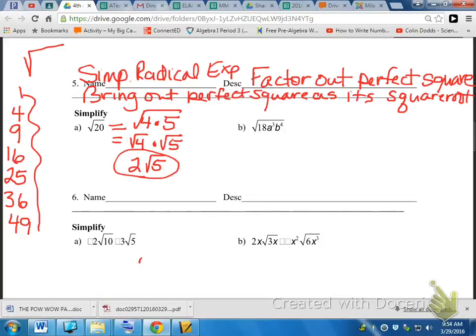Okay, now, he's going to throw some in here that have variables involved, which is great. Now, the thing you got to know about variables, a lot easier. For square roots on variables, any even power is a perfect square. It could be a 2, a 4, a 6, an 8. So this is what happens with this. I'm going to take, first of all, 18. In 18, if I look at my list of perfect squares, it breaks down to 9 times